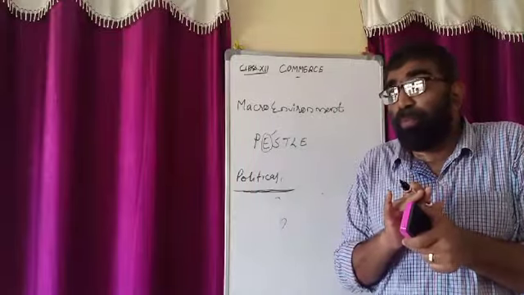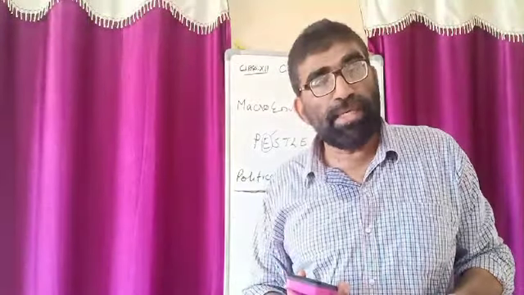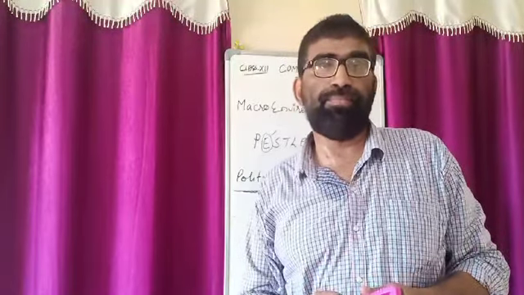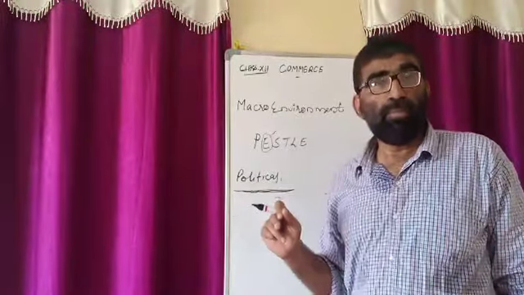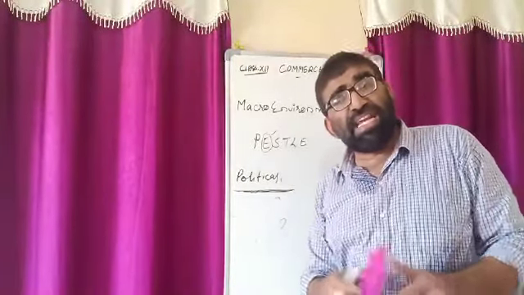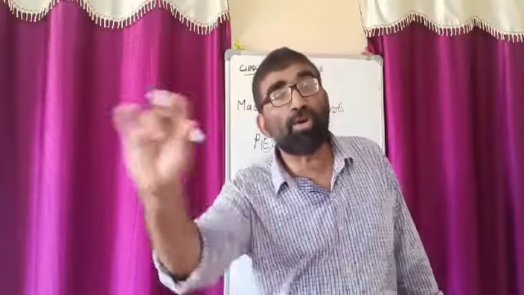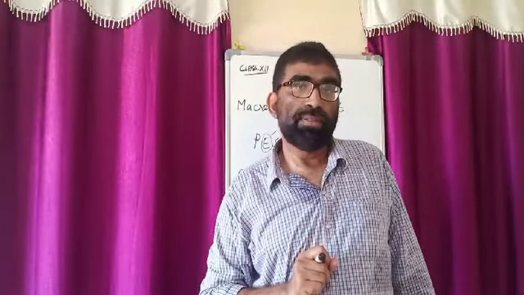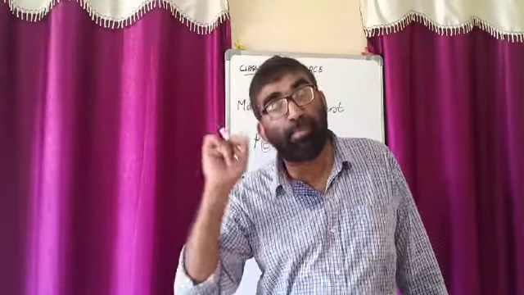Then, economic policies. A country's different economic policies include industrial policy, fiscal policy, monetary policy, trade policy, etc. So the public sector plays a very important role in fiscal and monetary policy. Then next we will see the economic indicators, economic indices. Economic indices are indicators which measure economic growth or development. That includes gross national product, the country's GNP, national income, per capita income, the average income per head,